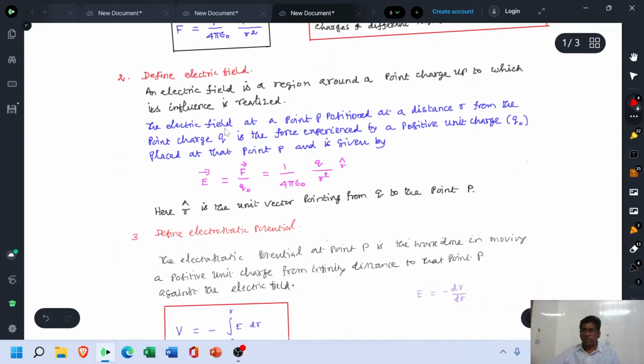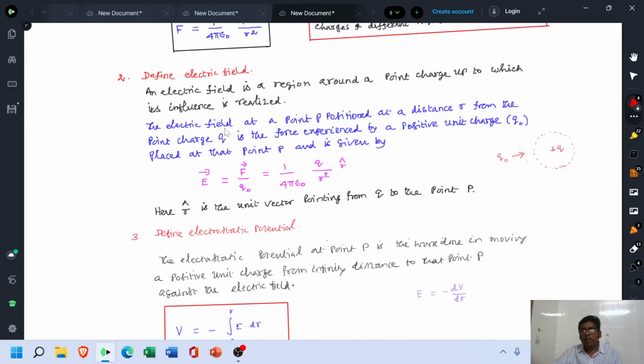Then the second question is define electric field. An electric field is a region around a point charge up to which its influence is realized. Here a point charge is taken for our consideration. The region around a point charge up to which its influence is realized, this is the electric field. Now bring a test charge Q0 towards this